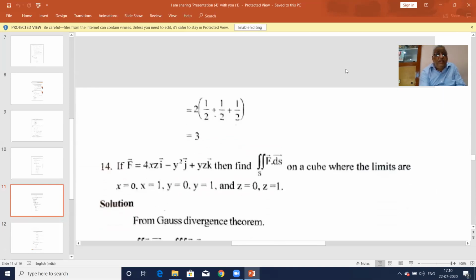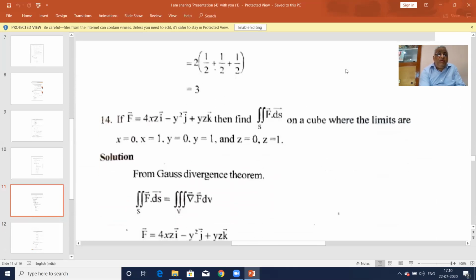Similarly, using the Gauss divergence theorem, here is another application of the Gauss divergence theorem problem. All these days in earlier classes we studied the theoretical part of Gauss divergence. If you do problems of this type, it is very easy to understand and gain the concept of what the application part is, how to apply the Gauss divergence theorem very effectively and very easily, and get a clear concept, clear knowledge of this vector analysis.